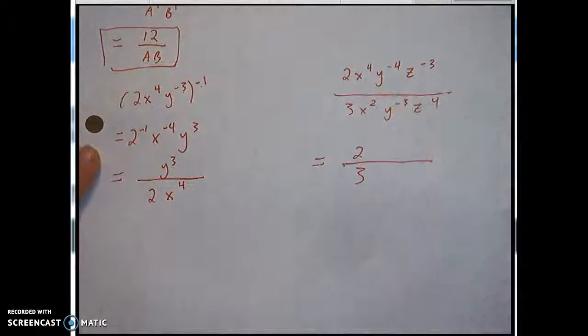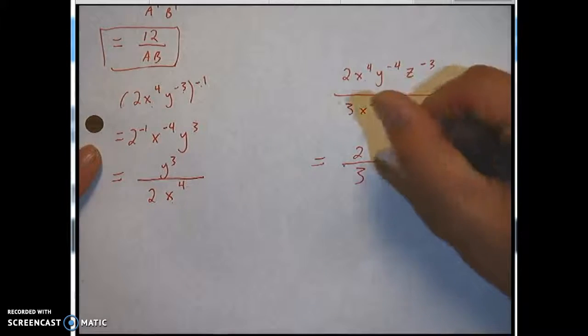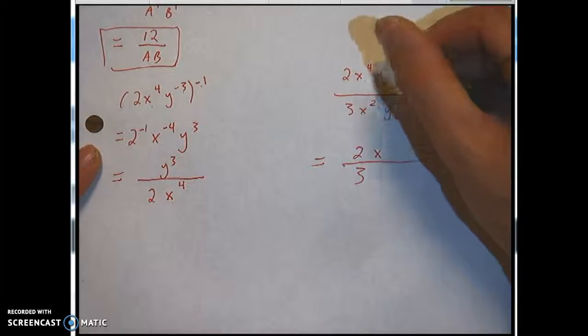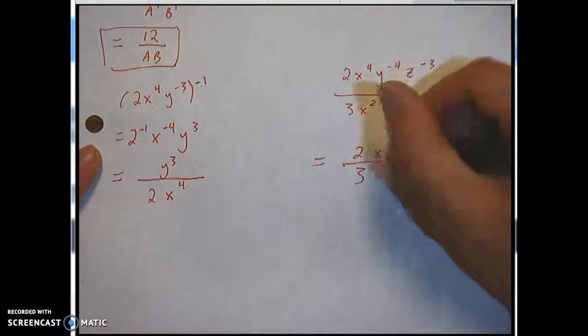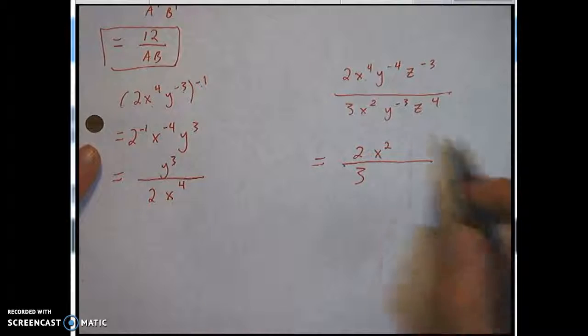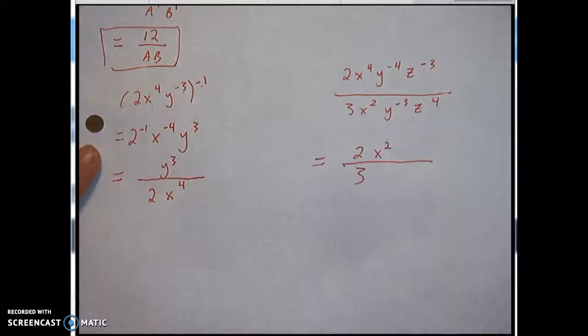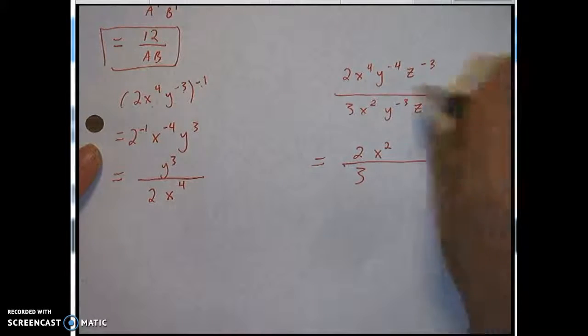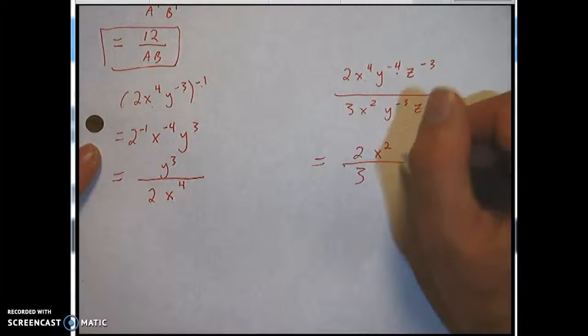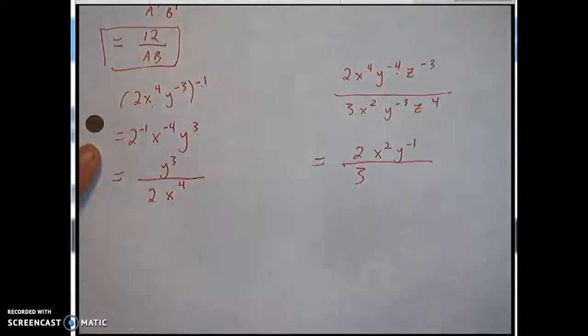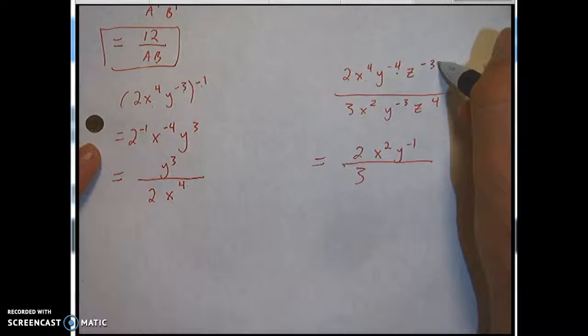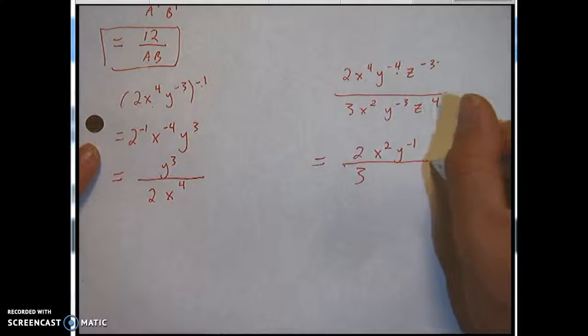Same base, when they're divided, you're subtracting the exponents. So we've got x to the 4 minus 2, which is 2. And no matter what we get, we're going to write it on the top of the fraction for now. Negative 4 minus negative 3, that's y to the negative first. And then negative 3 minus 4, that's z